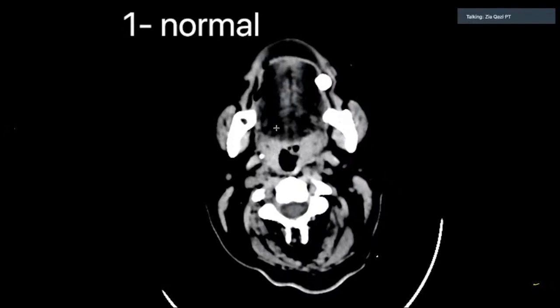Then in the front, the C2 corresponds to the level of the upper palate. So you see the upper palate and the buccal cavity here hazy black. You see the nasopharynx completely blackened out because there is just air there. All the soft tissues appear gray.